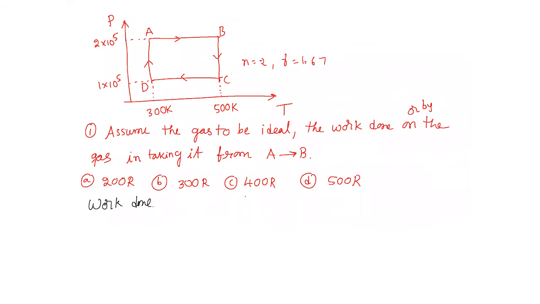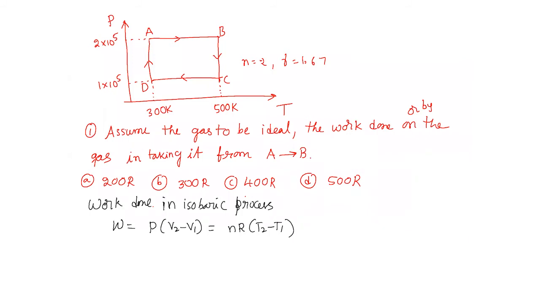Work done in isobaric process. There are two formulae for work done in an isobaric process. Now, the area under the PV diagram we don't calculate, because it's not a PV diagram. That will not work now. The actual formula: work done in isobaric process is P into (V2 minus V1), or nR into (T2 minus T1). How many of you remember this? Here we don't know the change in volume. We know the change in temperature.